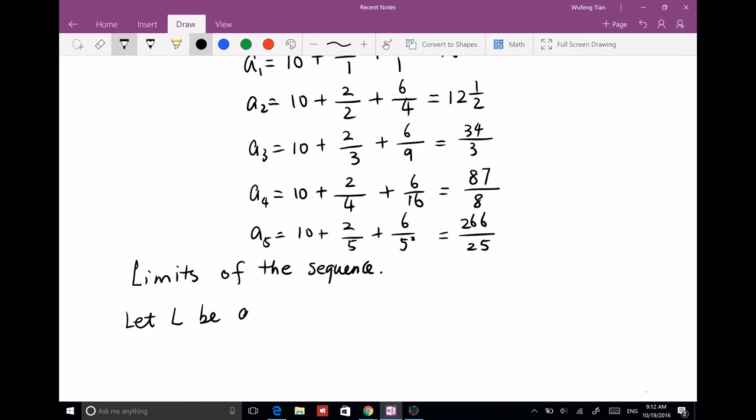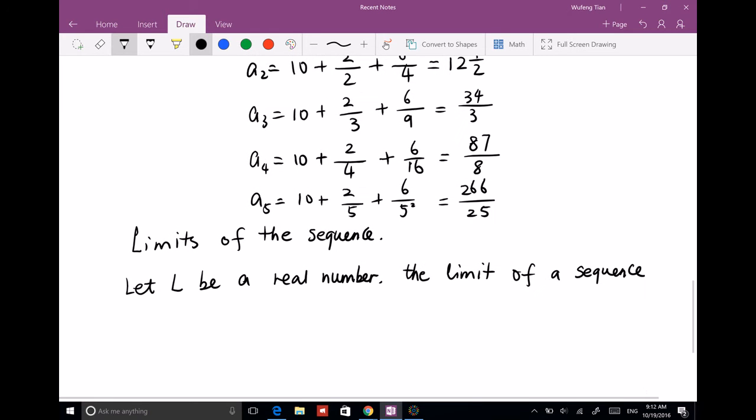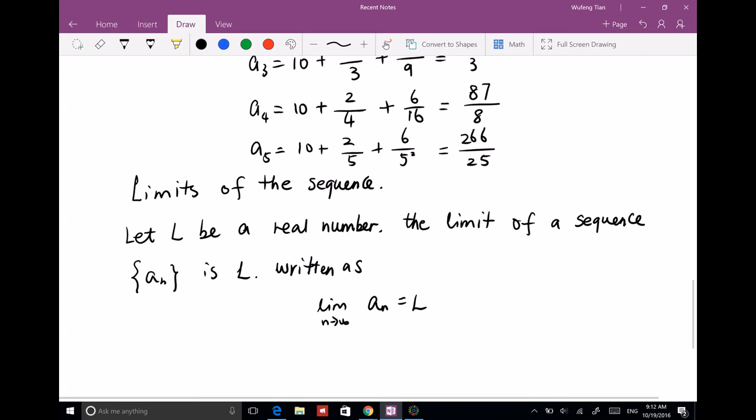Let L be a real number. So the limit of a sequence an is L, written as limit n goes to infinity, an equals L. Okay, so as n goes to infinity, the limit of the term equals L, and